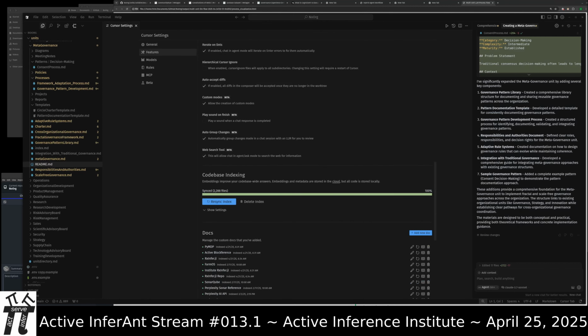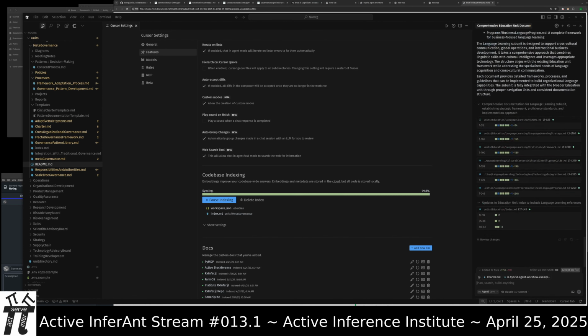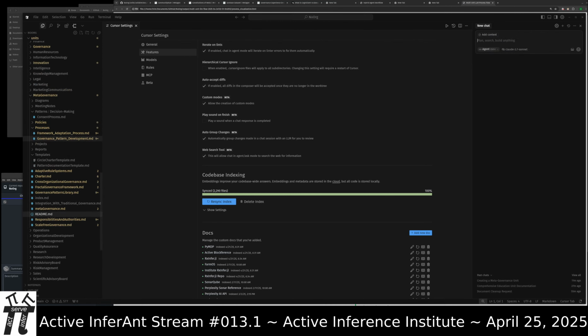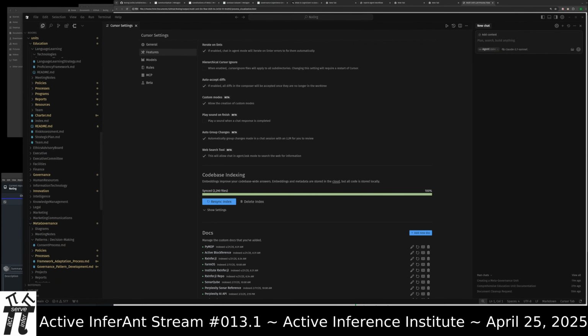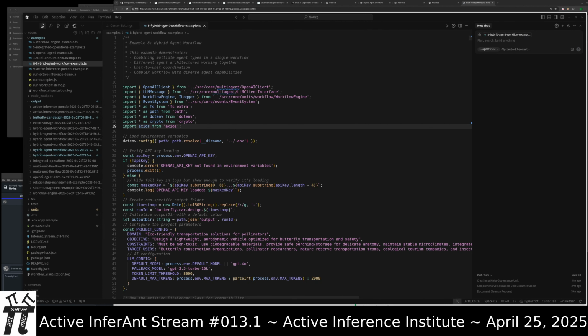Using Cursor. Okay. So as shown a little bit earlier, what this script is going to do is demonstrate combining multiple agent types in a single workflow.